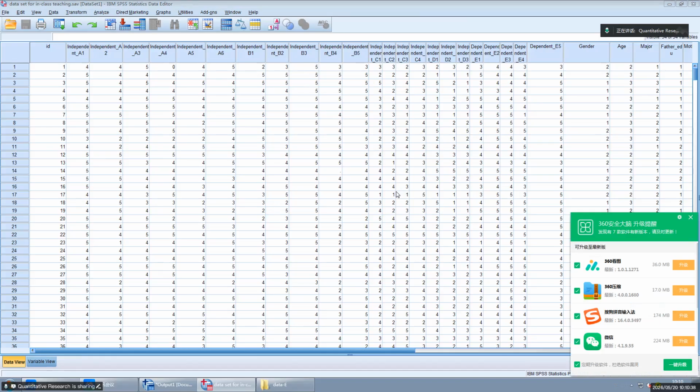So one type representing levels. The other one, not representing different levels.